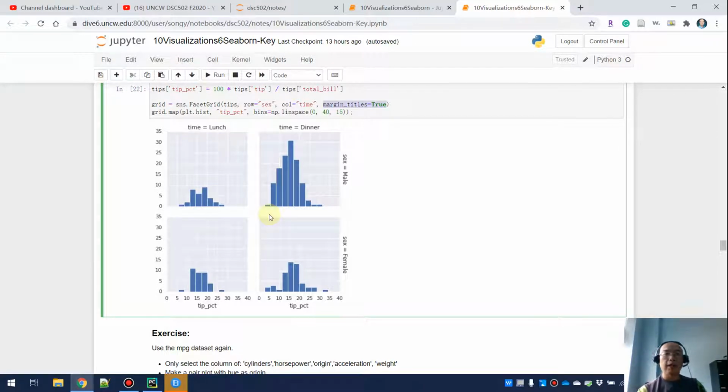Probably no, right? Let me ask another question. For the lunch, those two, do you see the difference between the male and the female customers going to that place for lunch? Well, how do we tell that? That's the total height of the bars. So if you add all the bars together, the total height of the bars for the upper right, the upper left and the lower left, then you will have the total number of the customers that are